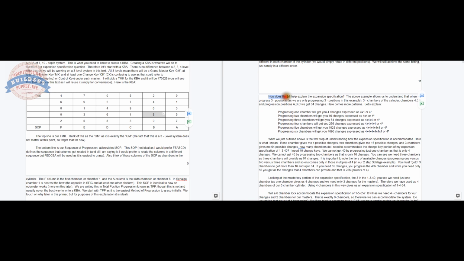How does this all help explain the expansion specification? Maybe it doesn't. I hope it does. The above example shows us to understand that when we progress 3 positions,